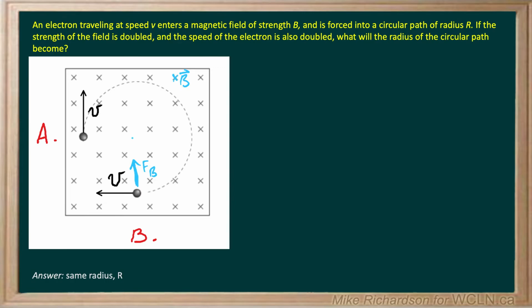So if you prefer, and this is how I do it, it's an electron, so I'm just using my left hand. If I use the same rule but using my left hand, my thumb is up. Let's look at region A. My thumb is up, my fingertips are into the page, and I get a force that's towards the center of the circle. Now, because it's circular motion,